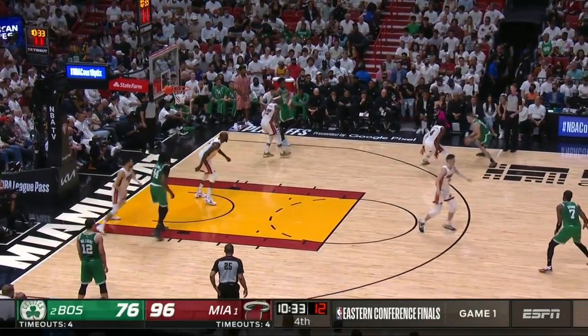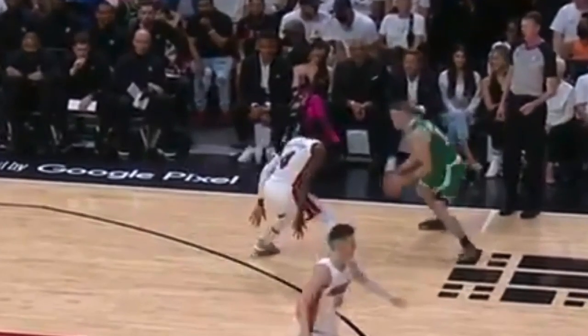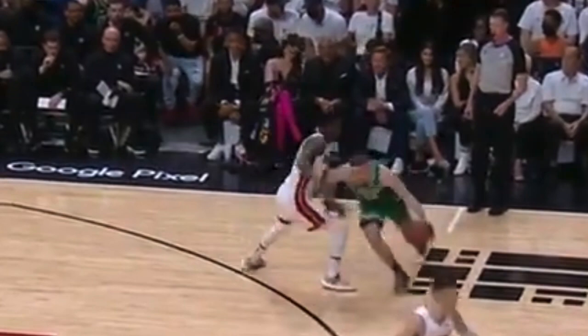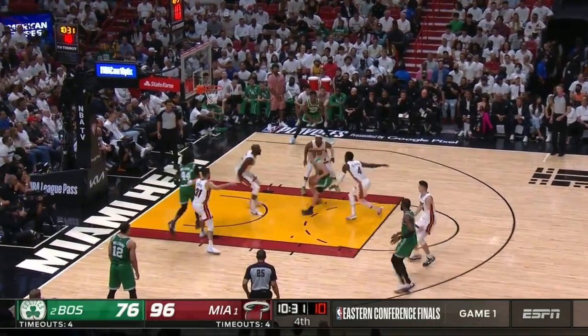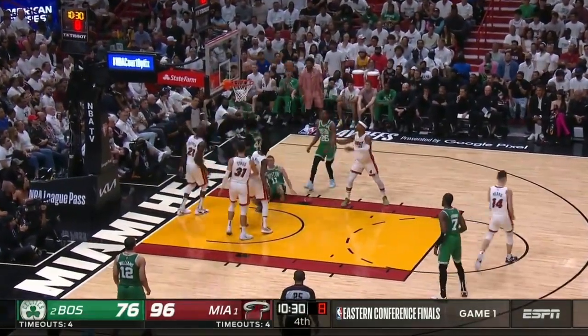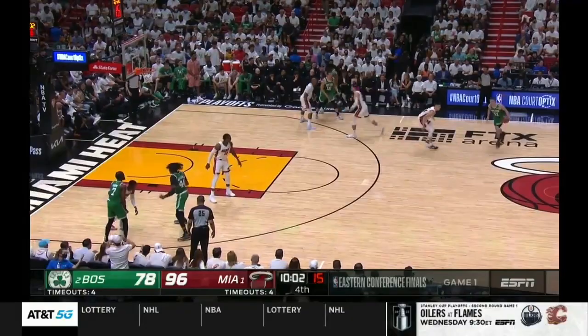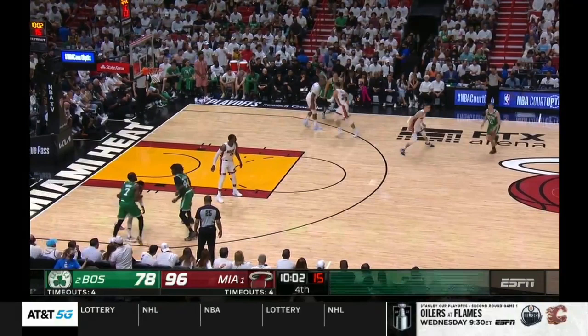Look at this. Stop. You're doing fine. You're doing just fine. No need to gamble, but zoom in. Look at this. Look at this horrid gamble right there. Just slide with them. Why are you gambling? So now this player blows right by you, and it's a two-shot foul. Your man is clearly setting a down screen.